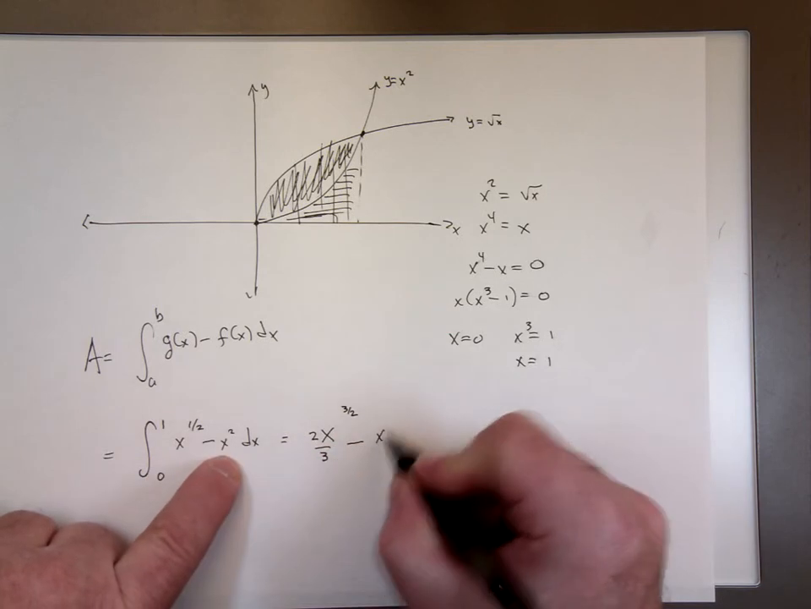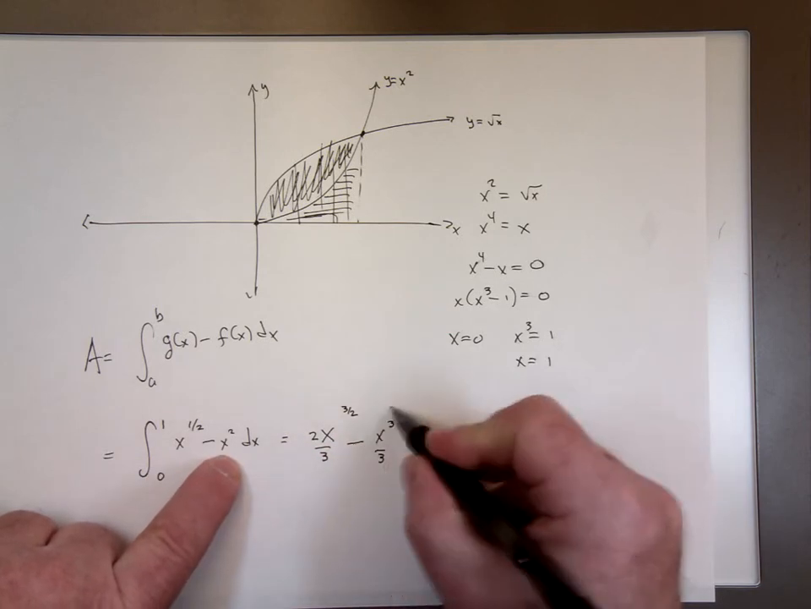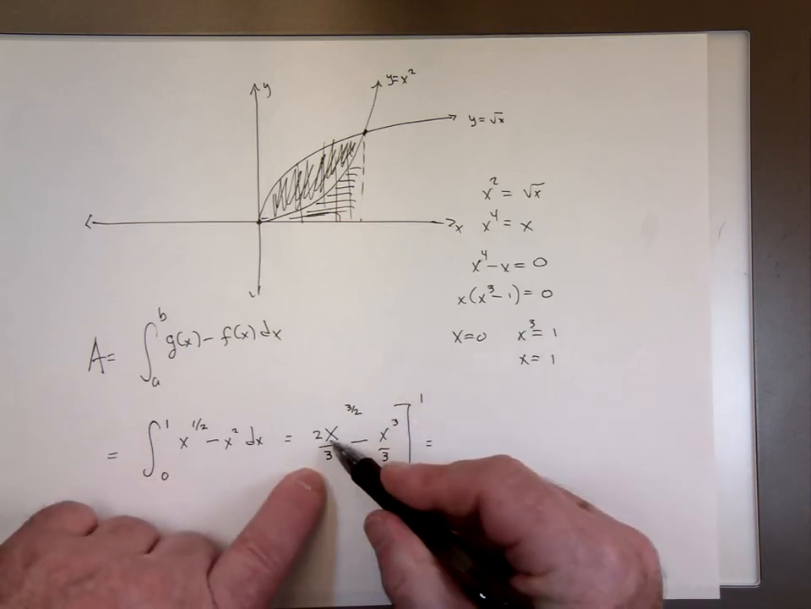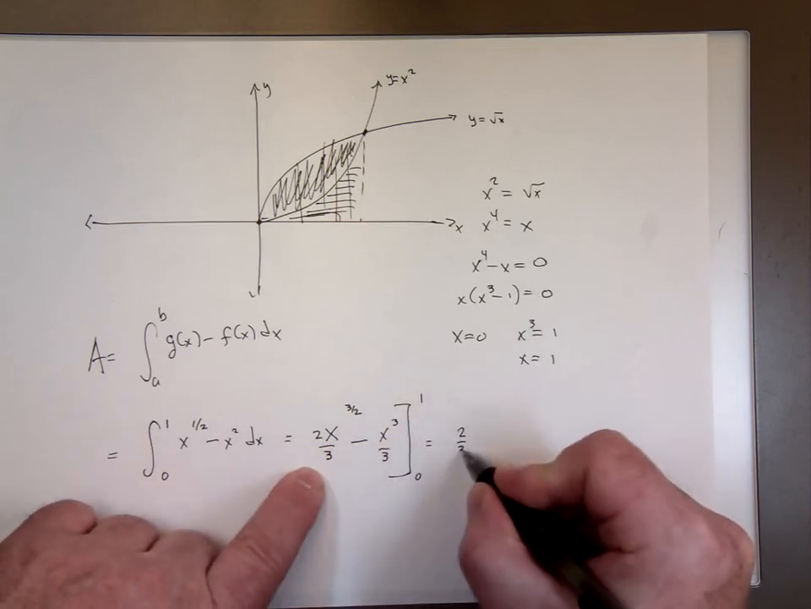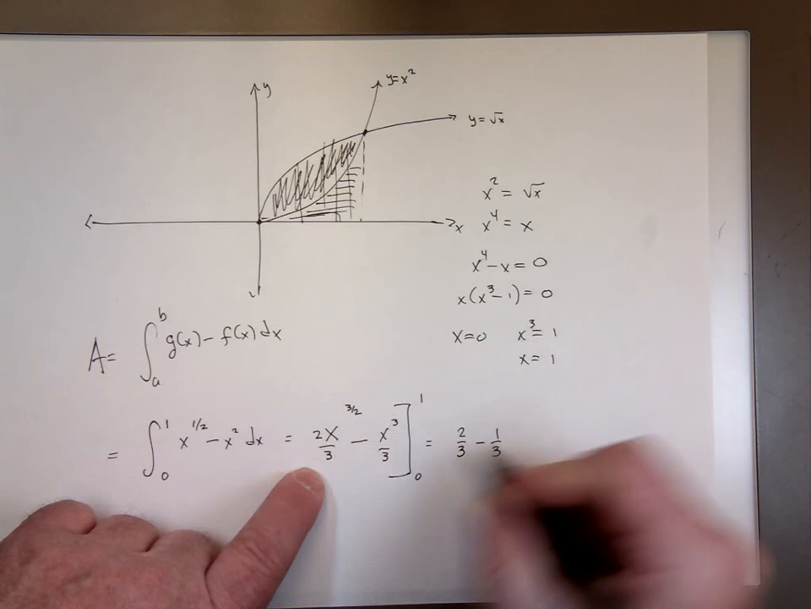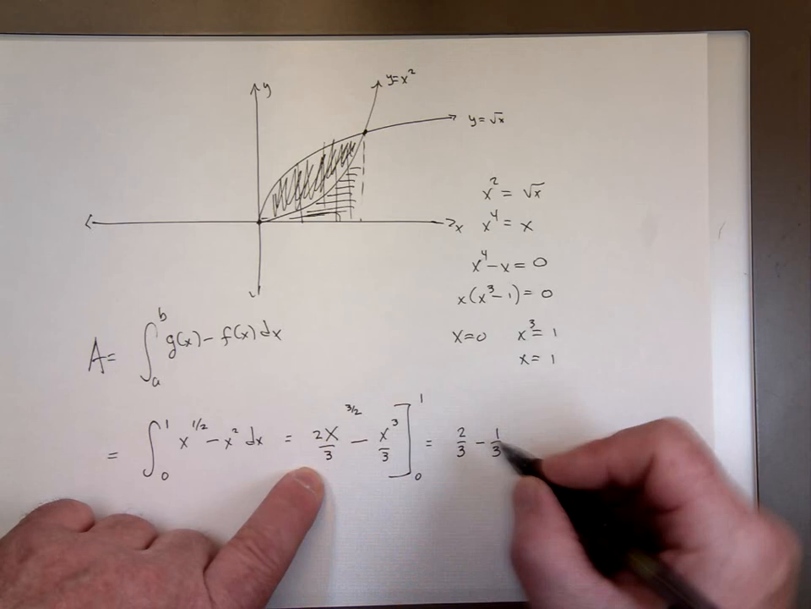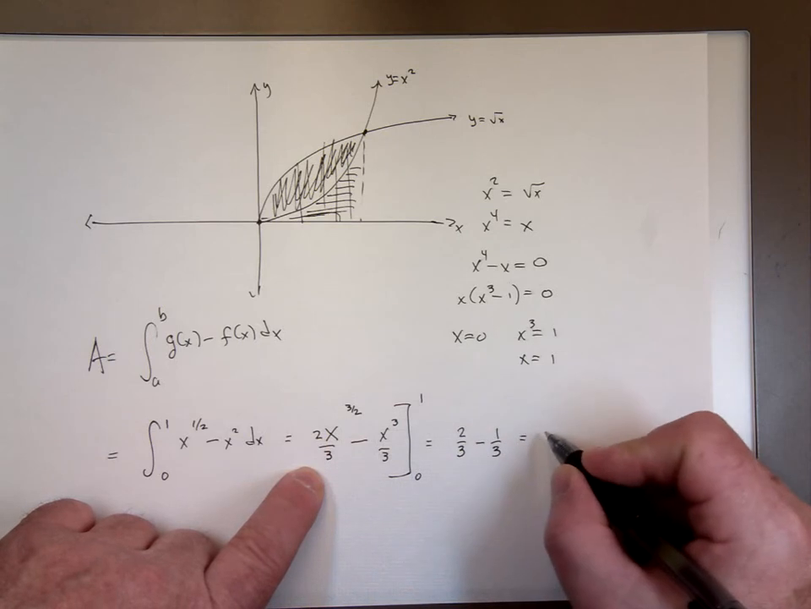Substitute in 1, we'll get 2/3 minus 1/3. Substitute in 0 to get 0. Okay, you get zeros in both. So you get 2/3 minus 1/3, which is 1/3. The exact area bounded here is 1/3,